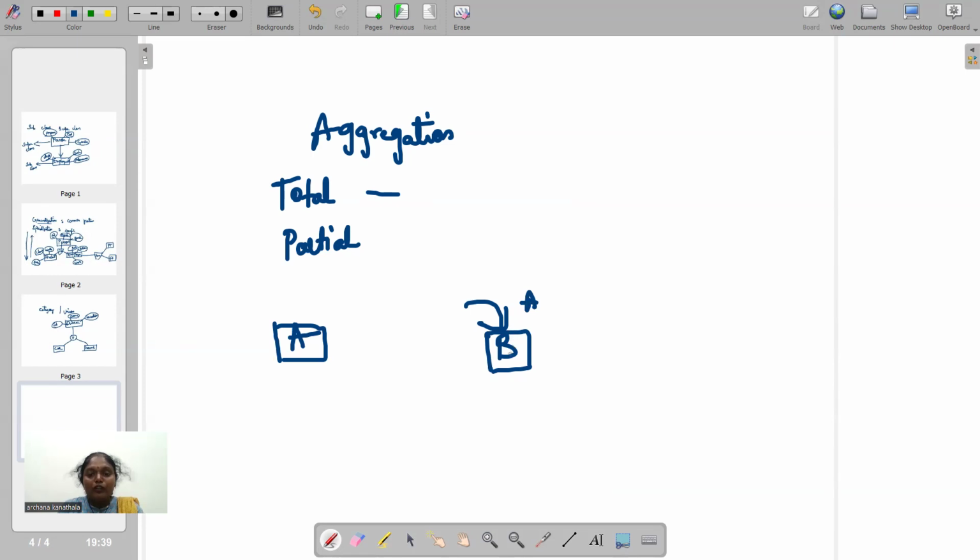So, common to both A and B, information can be retrieved from this. So, this is called total participation. So, now you will be able to retrieve the complete detailed information about B and A together with the help of this entity. Now, partial participation is about non-identifying attributes, non-identifying entities.